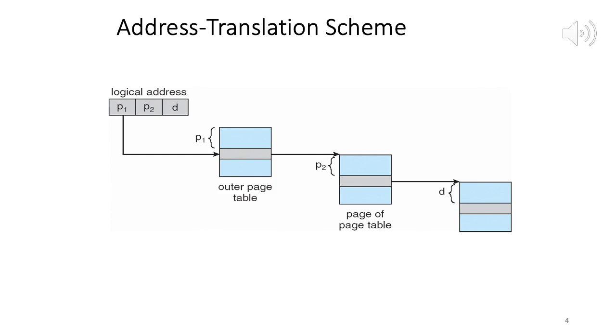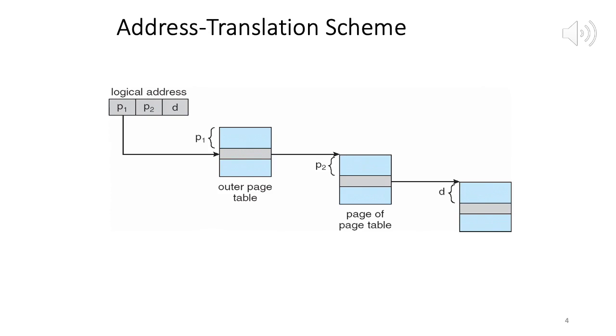So you can see this will take care of the issue of not having one contiguous block for storing the page table. Whatever technique we applied for logical memory using paging, the same technique we are applying for the page table, right? We'll do a more concrete example very soon. The way it works is, when we are presented with a logical address, we extract the P1 component of it.